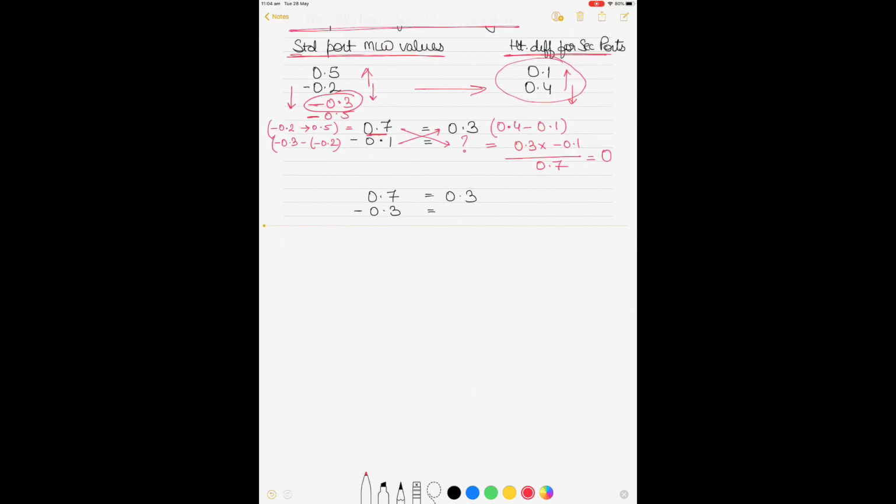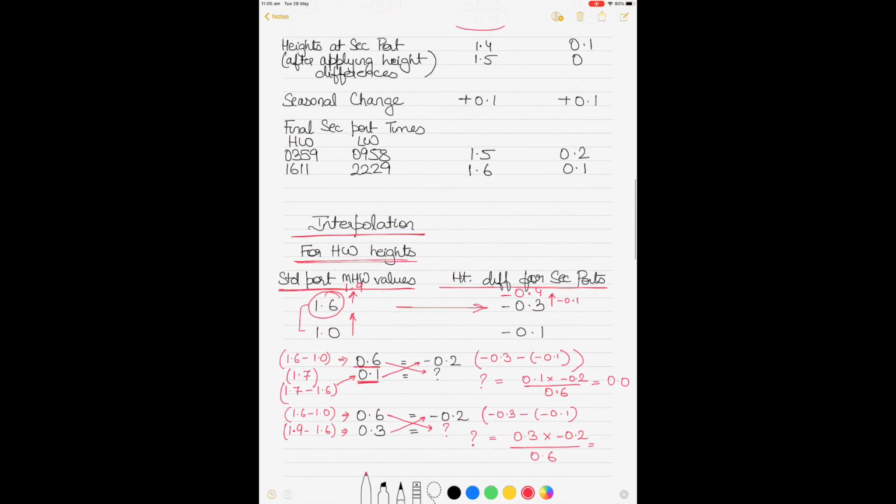Then similarly if I have to go from minus 0.2 to minus 0.5, what will happen to these height difference values here? This will increase by, or rather decrease by 0.1. So I will show you here, because as we go down the value is decreasing. So what will happen here is 0.3 multiplied by 0.3 divided by 0.7, which will give you 0.1. That means the height will go down by 0.1 from 0.4 as we go down. Right, so once we go from minus 0.2 to minus 0.5, the value will decrease from 0.4 by 0.1, that is equal to 0.3,